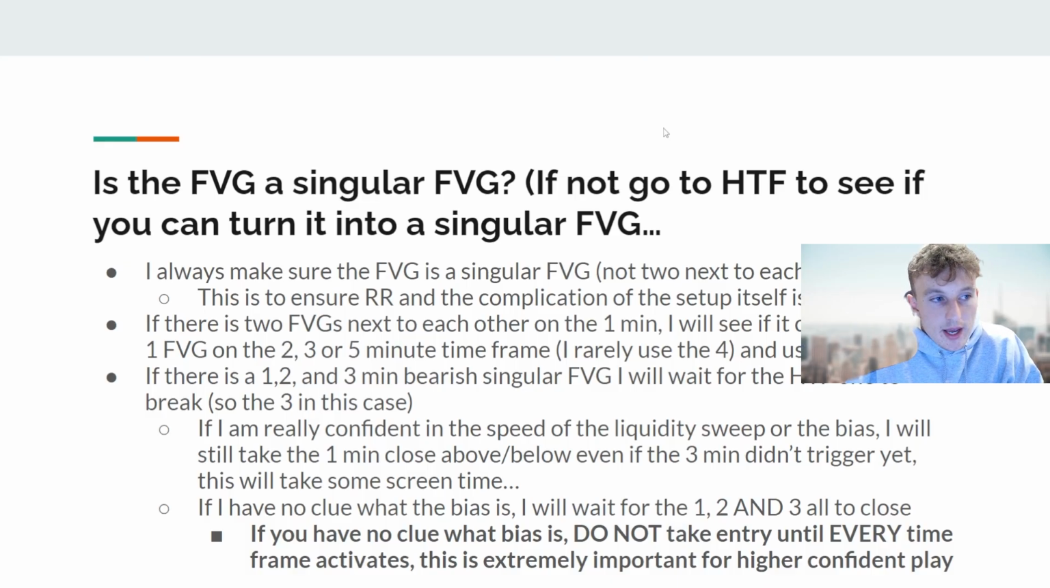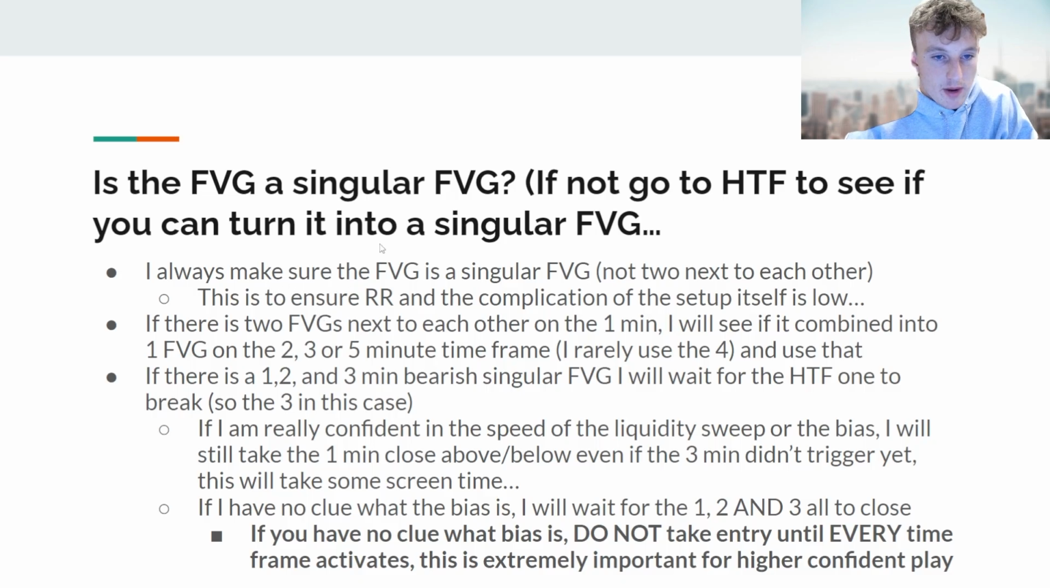Is the fair value gap a singular fair value gap? If it isn't, go to the higher time frame and see if you can turn it into a singular fair value gap, right? So I kind of went over this, but I have a little rules regarding this. You always want to make sure the fair value gap is a singular fair value gap, not two next to each other. Okay. Remember what I said. If there's two next to each other and it doesn't form a singular one on like the 2 minute or 3 minute and you can't find a singular one, make sure they're not gigantic ways apart. If they are, do not take the entry. And this is to ensure the RR, and then it's also making the setup much easier to spot, especially if you have to only use a singular one, because the stop loss is going to be